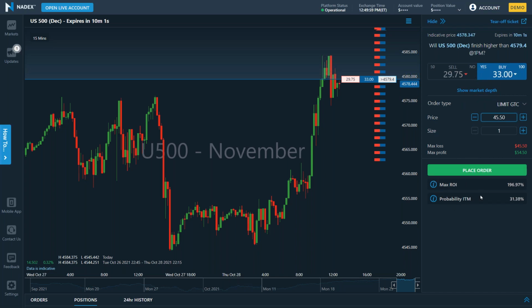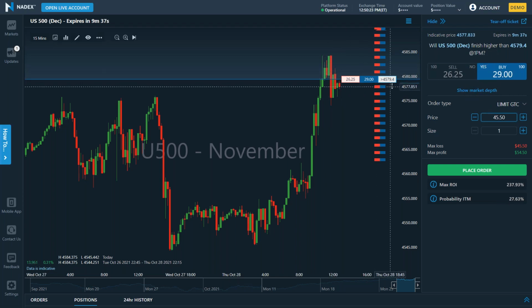What this is calculating off of is the midpoint between the bid-ask spread. So that's giving me the probability. And if I'm buying, it's going to tell me if I bought one at this price, what would my return be? It's not based on what I've got in the order ticket. Now, this is dropping very quickly, and you're seeing how these prices could change. It's a good thing I didn't buy one.